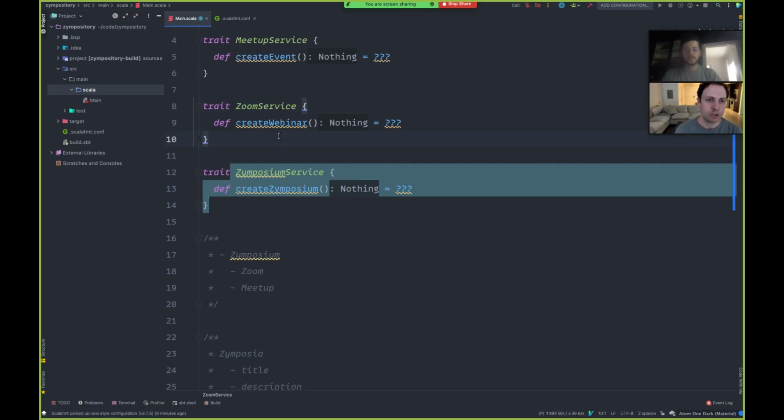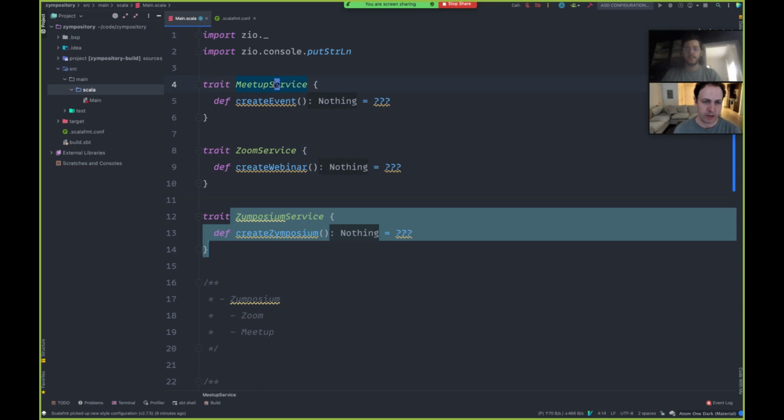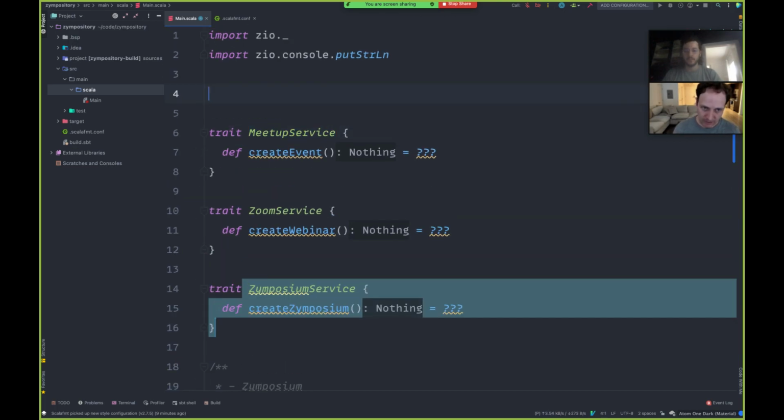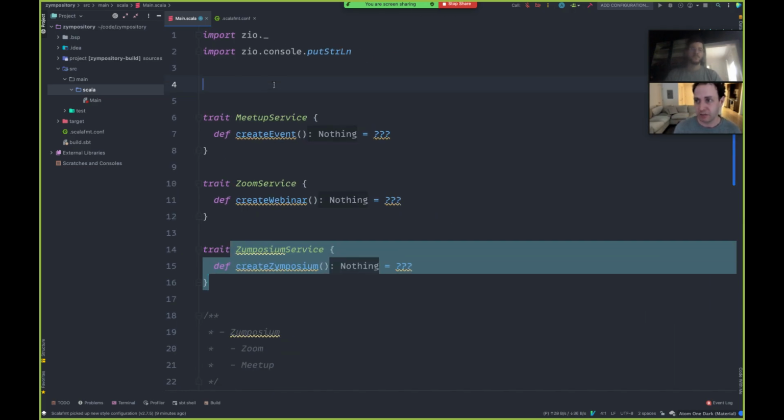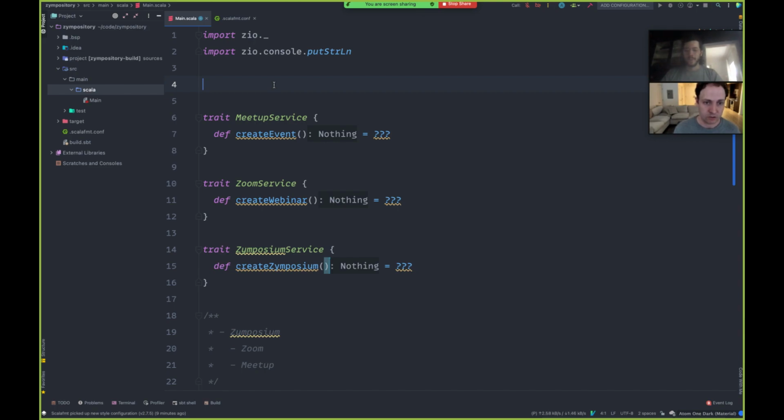Well, I wonder if maybe we should start with the Meetup service because, conceptually, CreateSymposium is going to take some information about the title and the description and the date, and I think that's ultimately going to return, at least as we sketch it out now, a unit. The result of this is just that we successfully did these things, so a ZIO of unit. A ZIO of unit, exactly. So we could start by sketching that in a little bit.